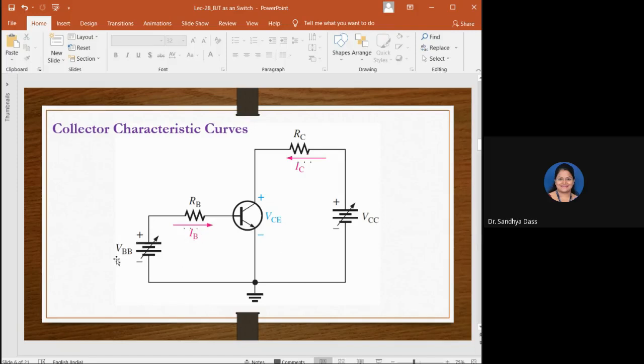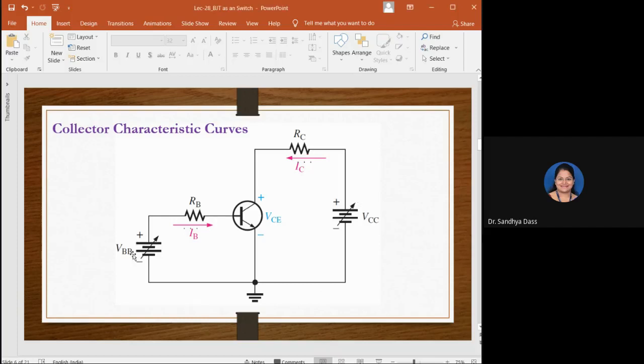All right. So what am I saying here? Say you vary VBB such that there will be a particular value of base current in the circuit. This base current is your input current, which is nothing but the input at the base terminal here. So for a particular value of base current, how is the collector current varying for different values or different conditions of VCE? Now how do you vary VCE? You can control it by VCC. I hope you are able to get the circuit there. Are you able to get the circuit?